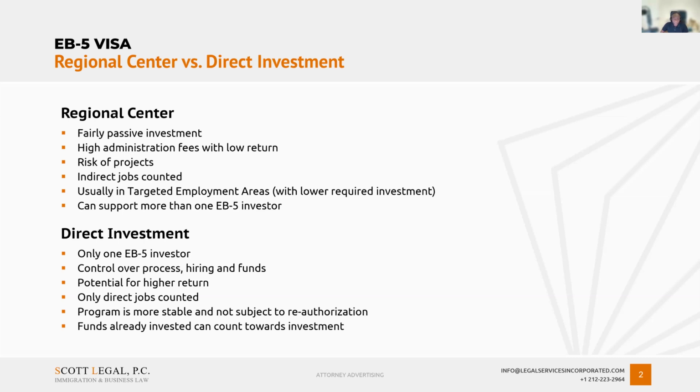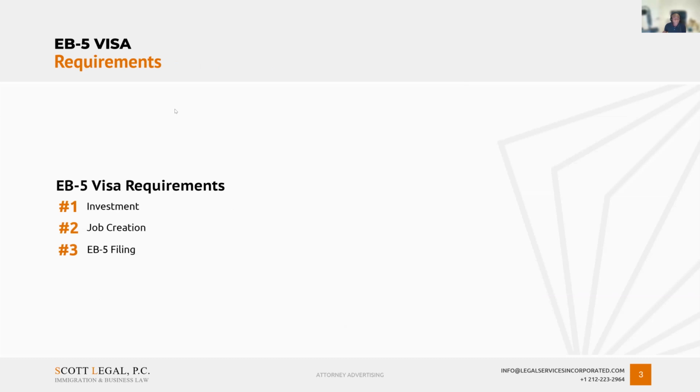So their profile is really a person who wants to be in control of their own destiny and wants to be able to manage returns, manage the whole process. Typically the people we see that do direct investment do it when they are moving from an E2 to an EB-5. But definitely both are similar in terms of the statute, in terms of the ability to get a green card, but you see the risk profile is a little different.